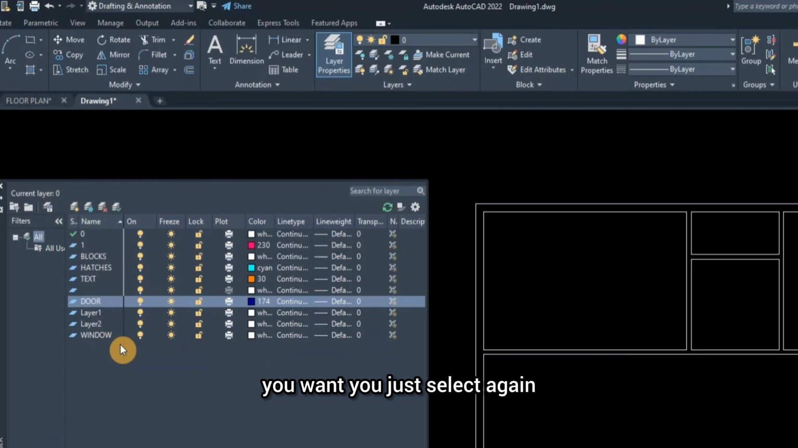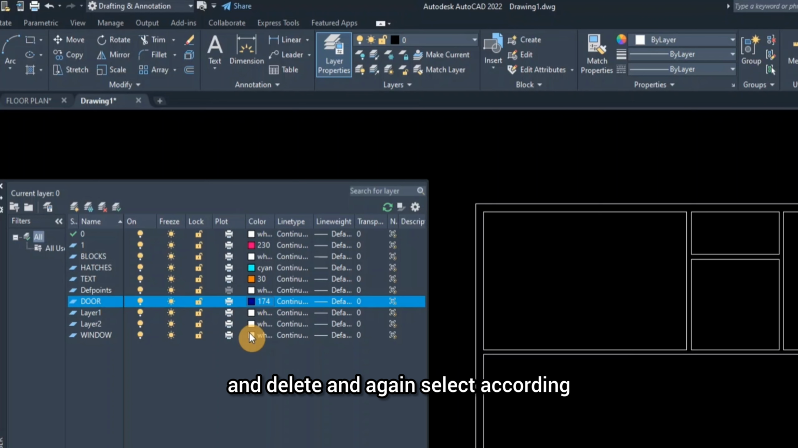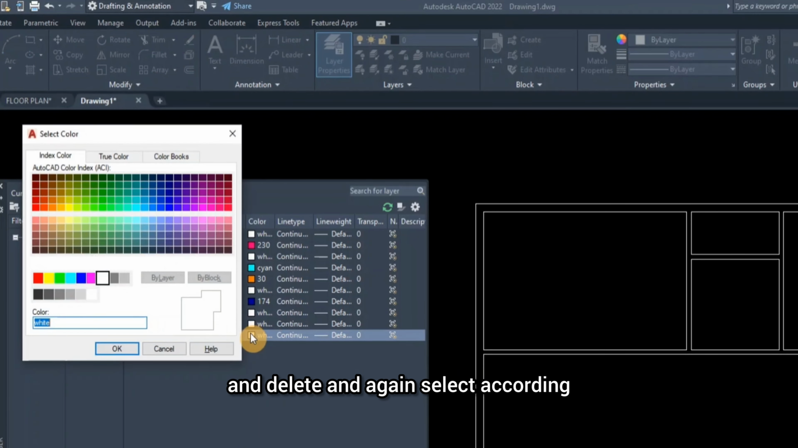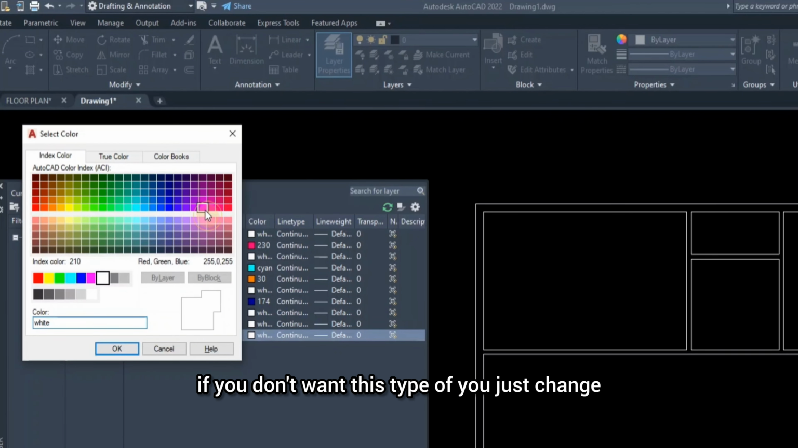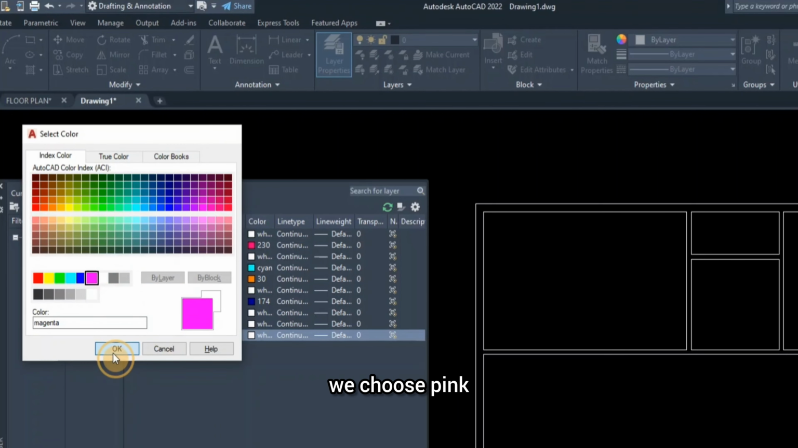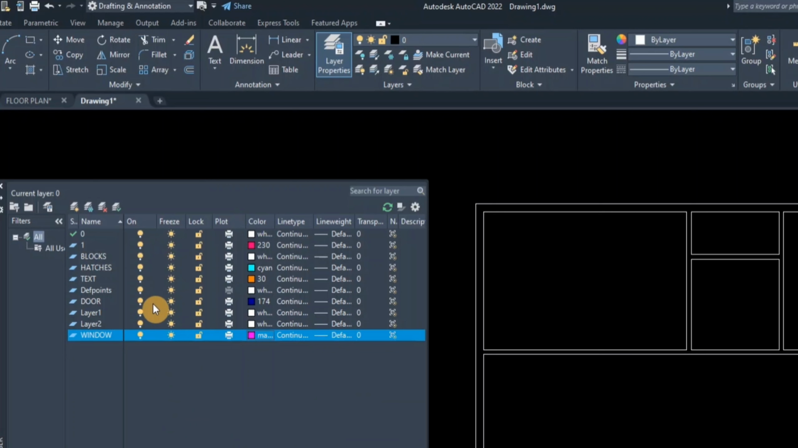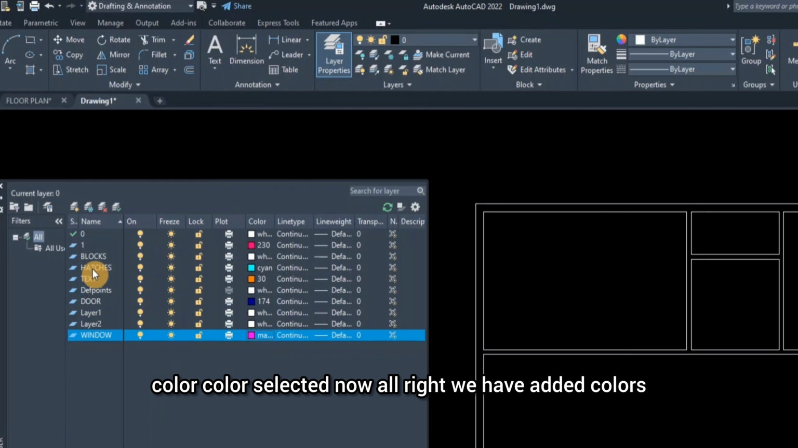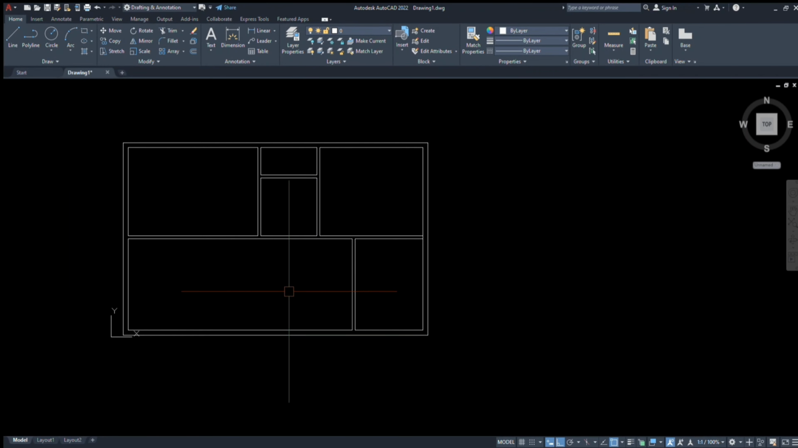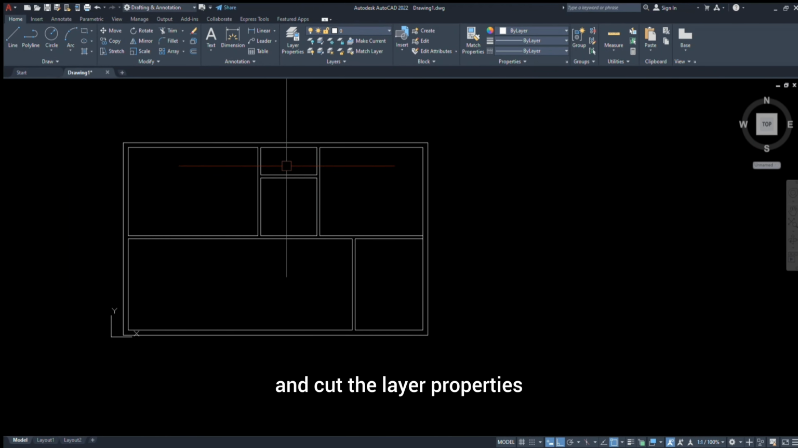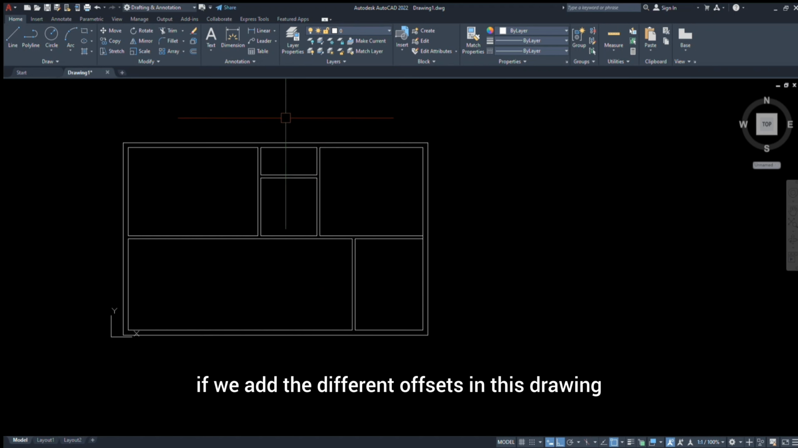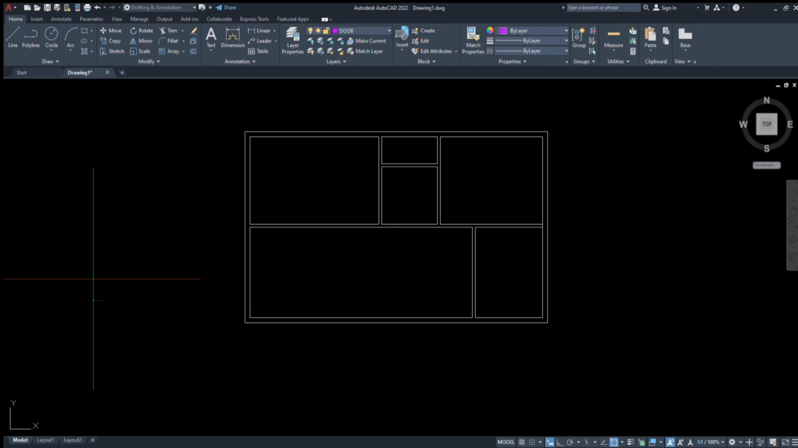You just select again and again, select and delete, and again select according to you. If you make a drawing and you don't want this type of color, you just change it. We choose pink color, and then the color is selected. Now, all right, we have added colors, and press enter and close the layer properties. If we add different objects in this drawing,